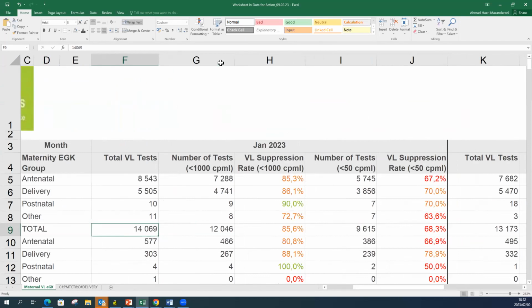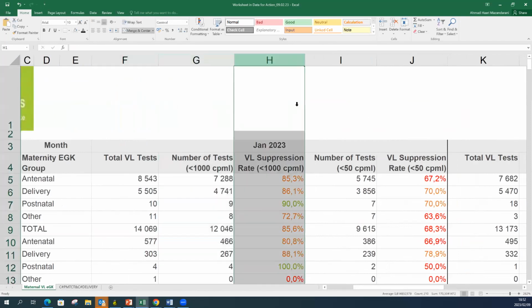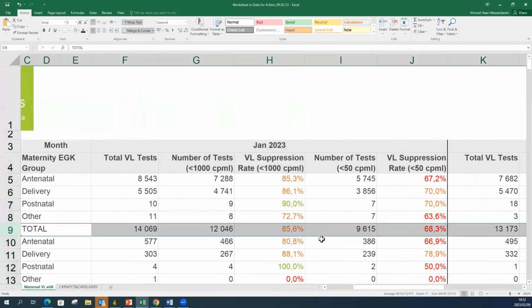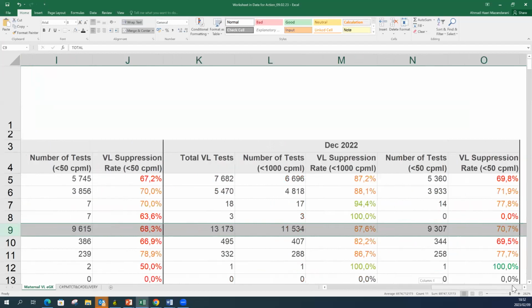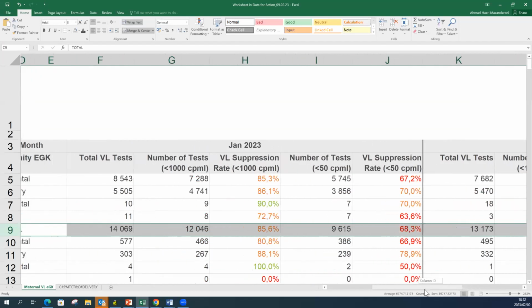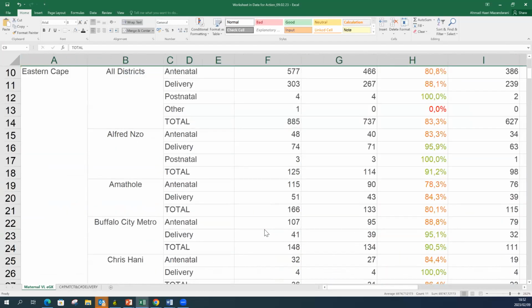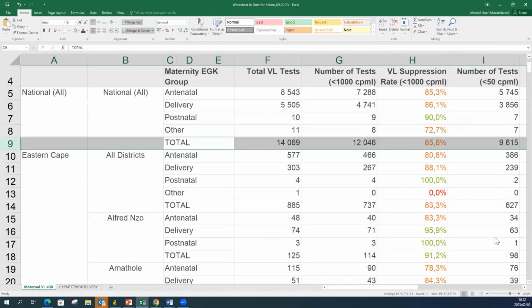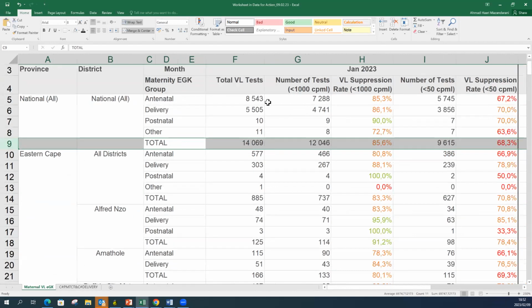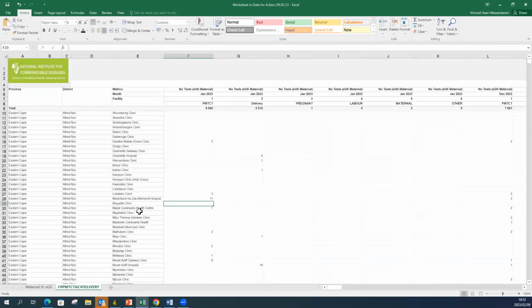This then is the number of tests less than 1,000, and this is your maternal suppression rate. And this is the number of tests less than 50 and your suppression rate at less than 50. And we've provided the previous month as a comparator just to see where you're going. And we've been doing this so that the individual provinces and districts can monitor their uptake of the EGK code, as well as their maternal suppression. And to support this even more, we've also provided